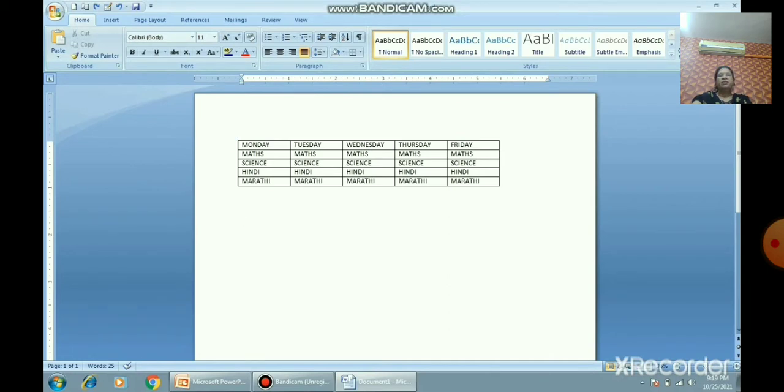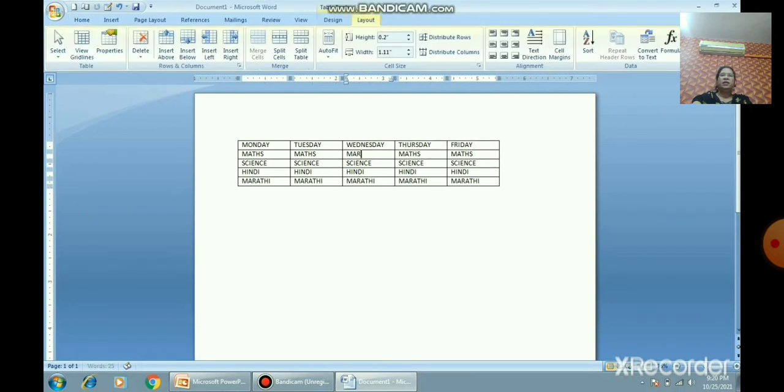Here, randomly we have written some subject names, and what we have done is copy paste, that is Control C, select the text. Here you can delete and you can enter a new subject, right? Okay, so you can enter, delete, and enter the new subject over there.